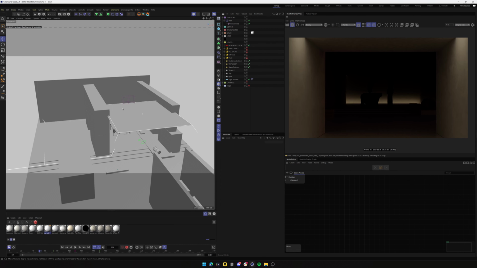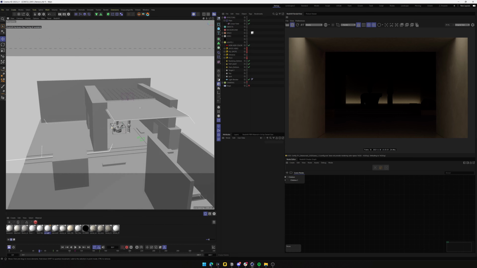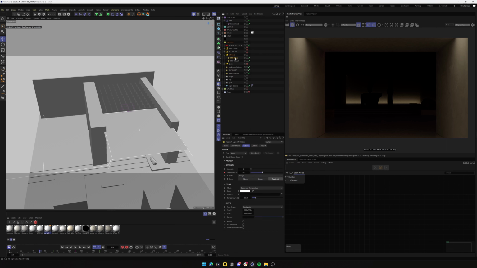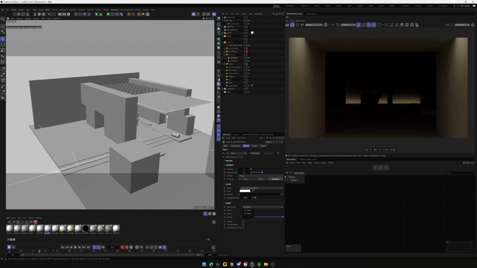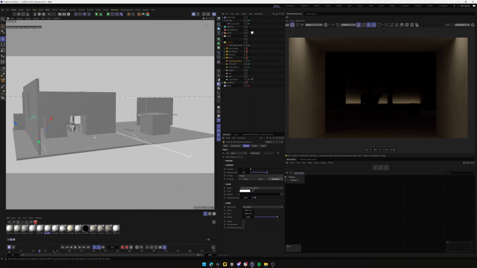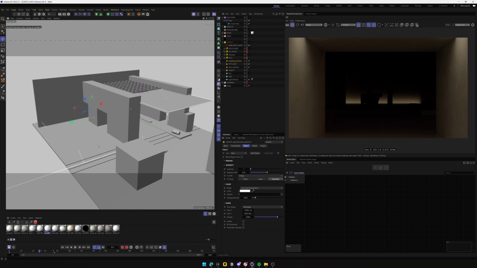So these are the first lights that are playing a big role here. And as you can see, they are just slow. Sorry, this scene is super slow because it was built in an older version of Redshift, and yeah, it's not complex because it doesn't have that much geometry, but it's a little bit of a pain to work with. So yeah, these two, they are just really long area lights, with a little bit of spread,